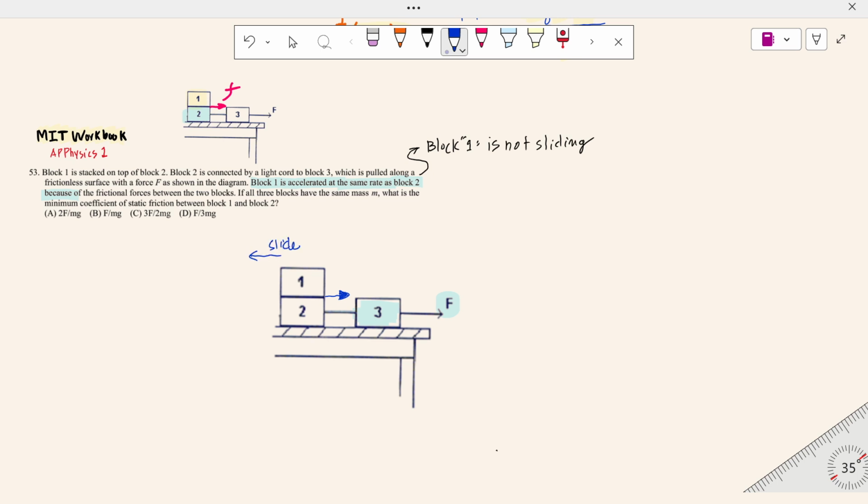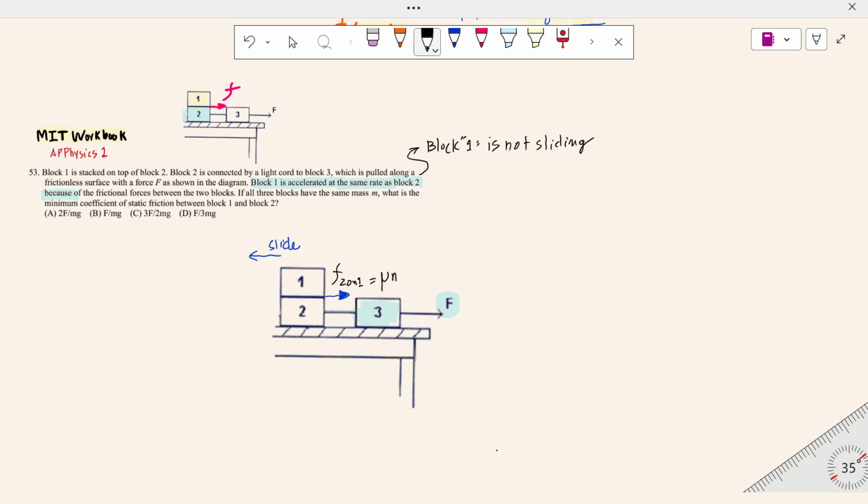So once again, in order to avoid this slipping or sliding, the frictional force should be applied by 2 on 1 in this direction,